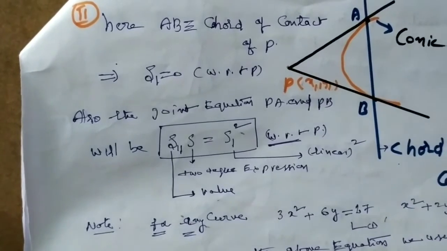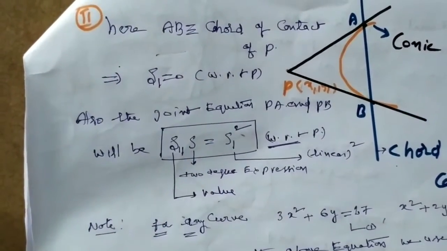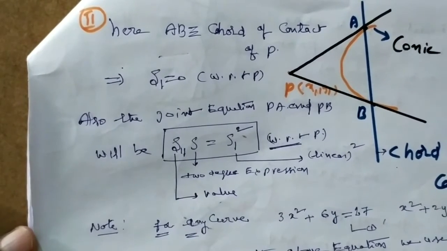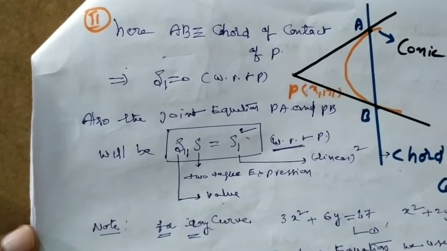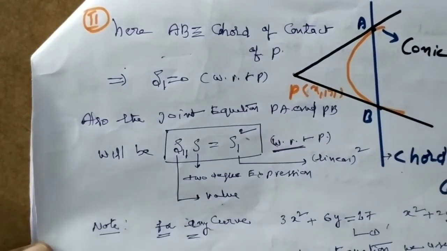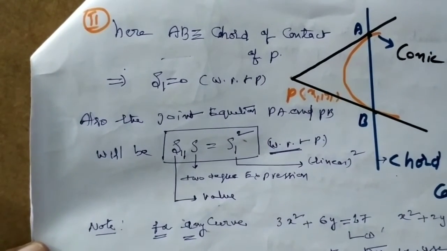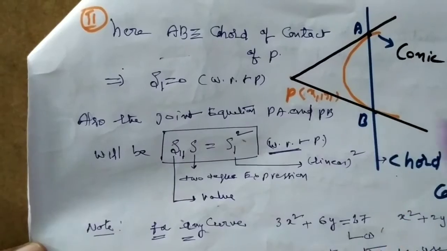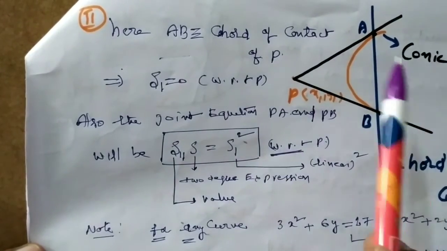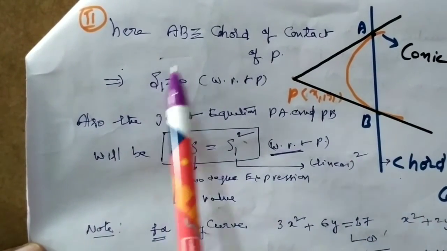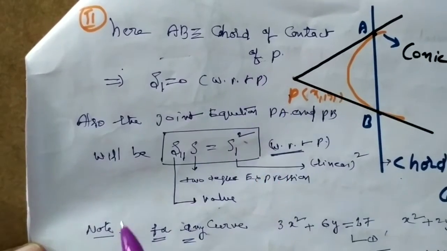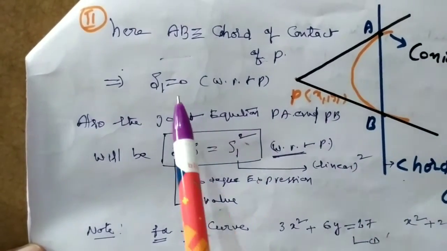So our next point is the chord equation AB. Where do we use this S1 equation again? The S1 equation is also used for the chord of contact for any conic. Suppose there is a conic, whether it is a circle or an ellipse or whatever it is, a conic is given and a point P is given, which is exterior to the conic.